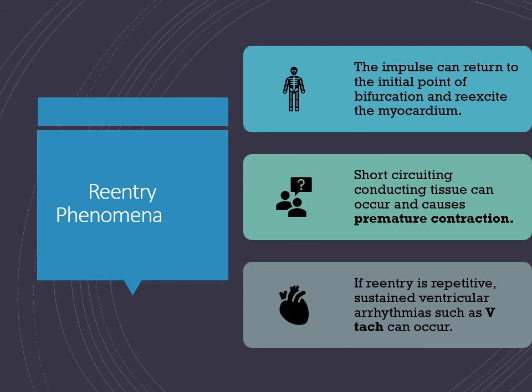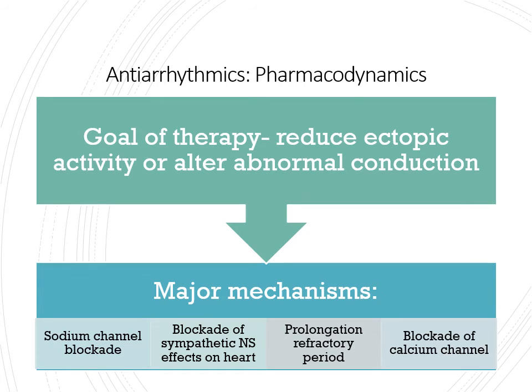The impulse can then return to the initial point of bifurcation and re-excite the myocardium. So you get this short-circuiting conducting tissue that can cause premature contractions. And if it's repetitive, it can cause something as serious as VTAC. So the goals of therapy with patients that have arrhythmias are to reduce the ectopic activity or alter the abnormal